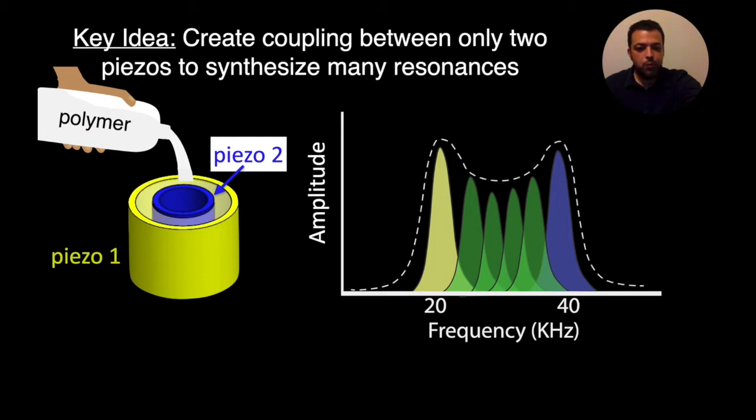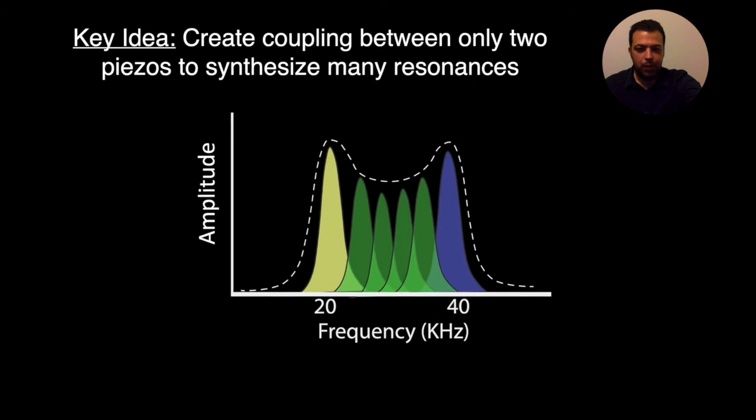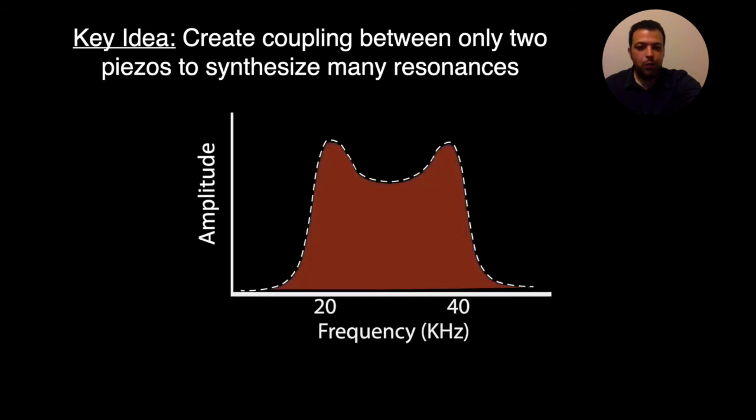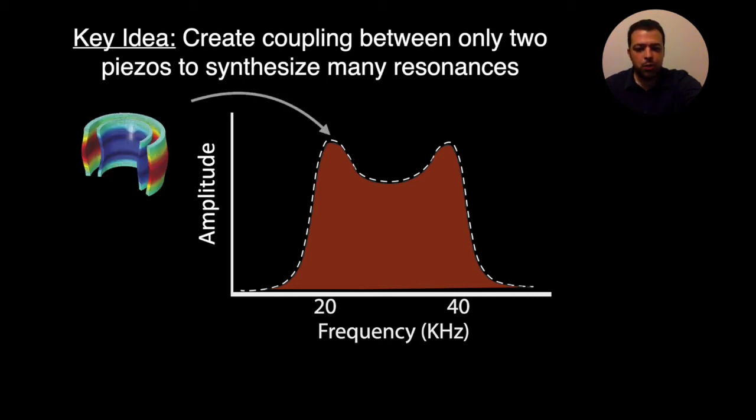Now, let me explain to you visually what is happening in this structure, which can give us a wideband resonance. So if I take one frequency like this one, which is closer to the resonance of the first piezo at 20 kHz, this is how the structure would look at this frequency. In the heat map I'm using here, red indicates high intensity vibration and blue indicates low intensity vibration. In this mode of resonance, we can see that the outer piezo is vibrating strongly while the inner one does not have a strong vibration.